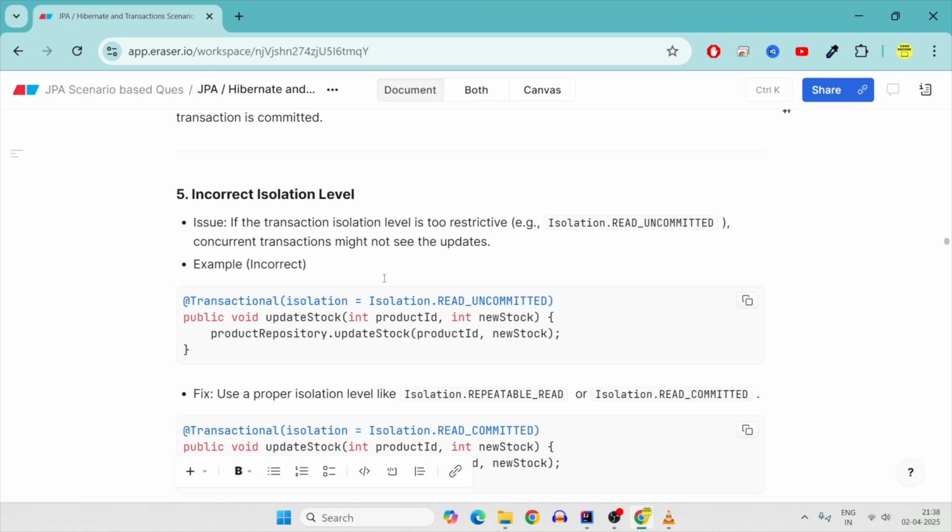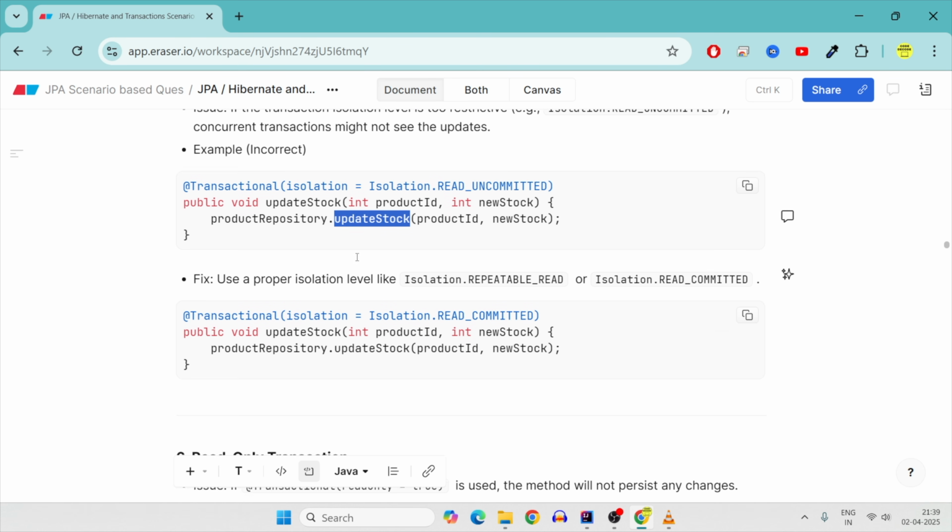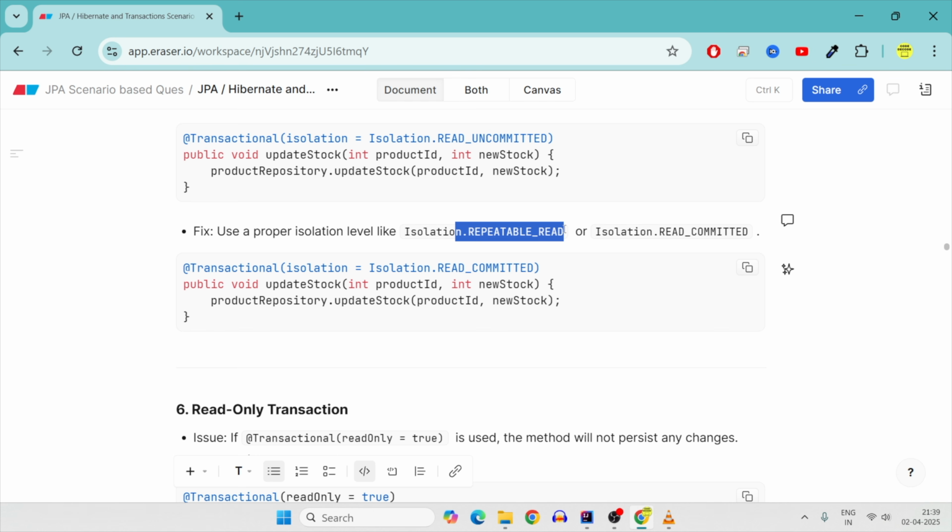Now, second is the isolation level. We have multiple isolations there. One of the worst is read uncommitted. That means you read the data which is not yet committed properly to the database in a transaction. If you read such data and update yourself, there can be a case that it might roll back and you will remain in a very bad situation. And the data which you are saving and updating here will be non-existent data. And hence, the data that you are trying to save might not be the right one, or has to be reflected in the DB. So you can use a proper isolation level. For this, a video is already created. Just let me know if you need more about it.